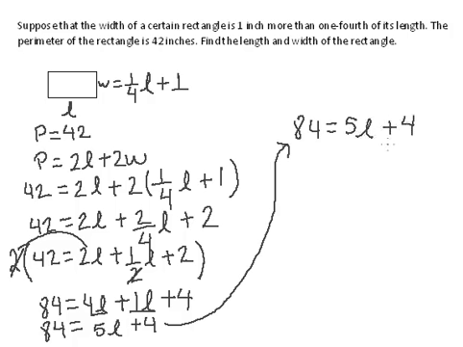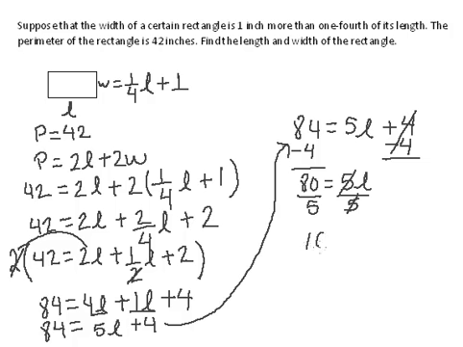So we need to isolate the L. For that, we need to get rid of the 4 by subtracting 4 from both sides. So 84 minus 4, it's 80, equals 5L. 4 minus 4 cancels. Last step will be dividing both sides by 5. So the 5 cancels with the 5 on the right side. And 80 divided by 5 equals 16. So the length equals